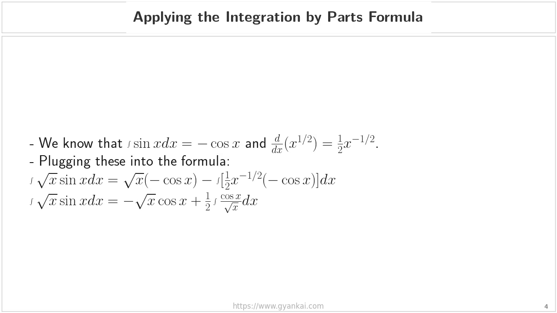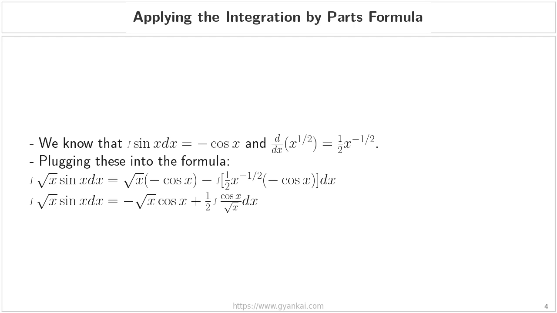Now we'll substitute these into our integration by parts formula. Remember, the formula is integral of f x g x dx equals f x times integral of g x dx minus integral of f prime of x times integral of g x dx. In our case, we chose f x to be the square root of x and g x to be sine x, so, applying the formula, we get the integral of square root of x times sine x dx equals square